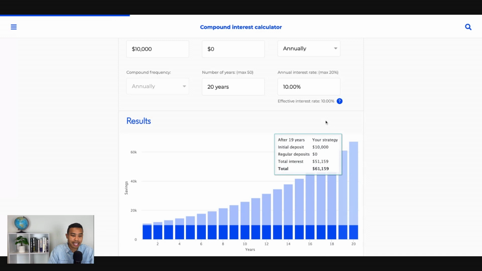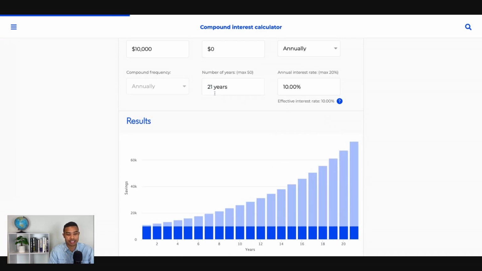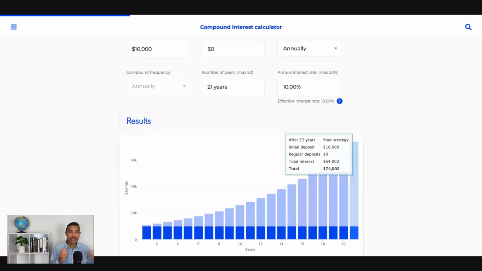Now have a look at that last year. So if you go to 21 years, it was $67,000. In that last year, you're adding over $6,000 to $7,000 just in 1 year from the interest. And that's the magic of compounding, that it adds up and it accrues and accumulates over long periods. You remember that simple interest discussion. If you're in that 21st year, you would still only be adding $1,000.